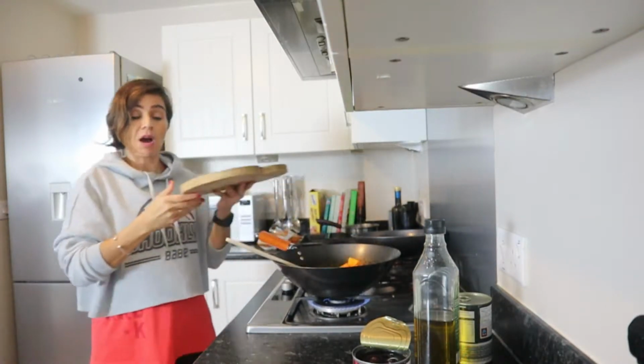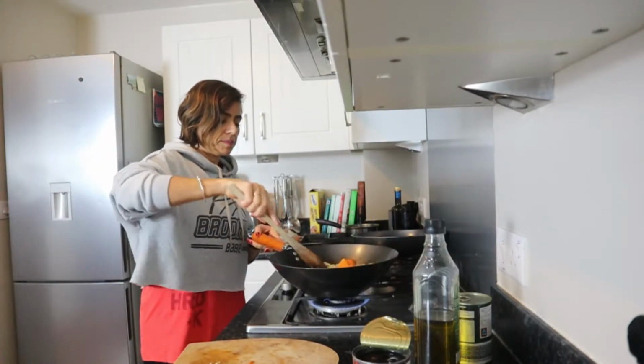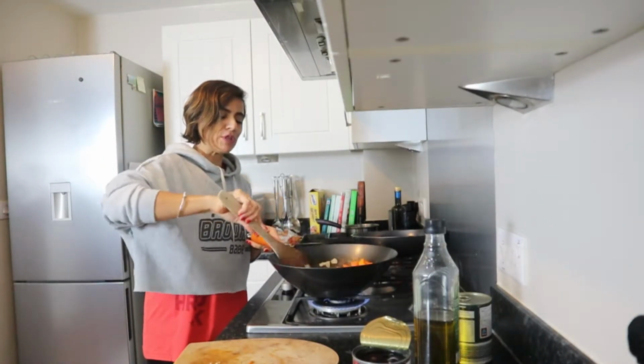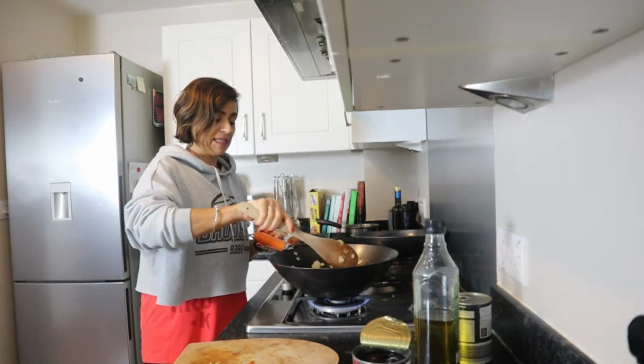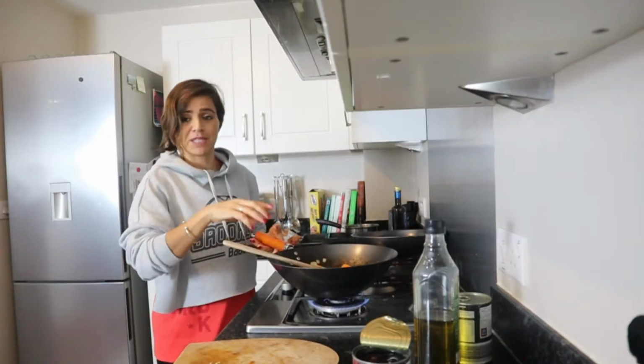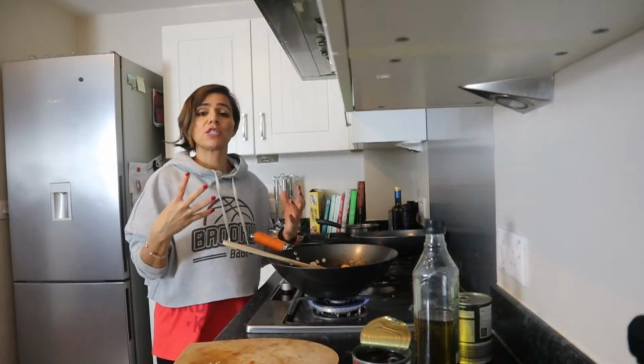Now butternut squash has a hard exterior, so it's going to take a little while to cook. So don't be put off by it because it's a lovely winter vegetable, and it does come out in the winter for that reason, because you want to have butternut squash soup. You can roast the butternut squash in the oven. You can make a butternut squash mash as well,